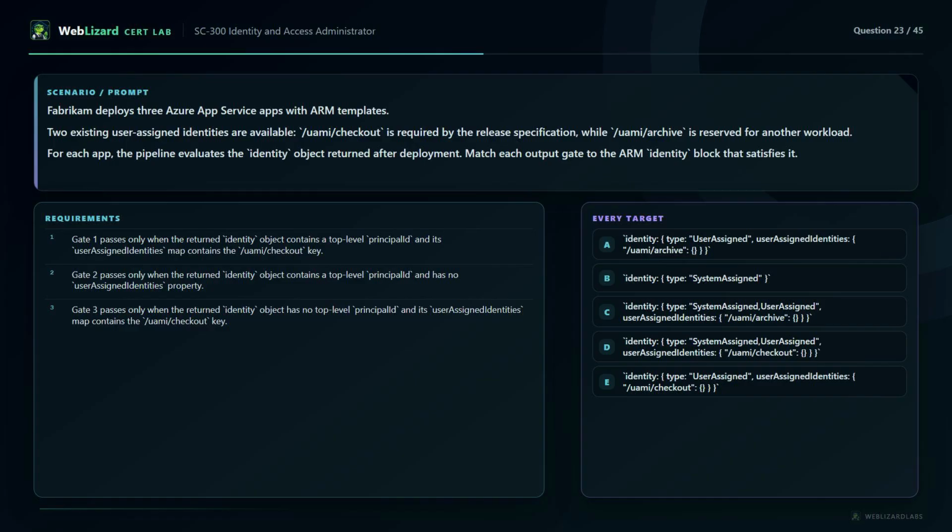Requirements. Requirement 1. Gate 1 passes only when the returned identity object contains a top-level principal ID and its user-assigned identities map contains the /UAMI/checkout key. Requirement 2. Gate 2 passes only when the returned identity object contains a top-level principal ID and has no user-assigned identities property. Requirement 3. Gate 3 passes only when the returned identity object has no top-level principal ID and its user-assigned identities map contains the